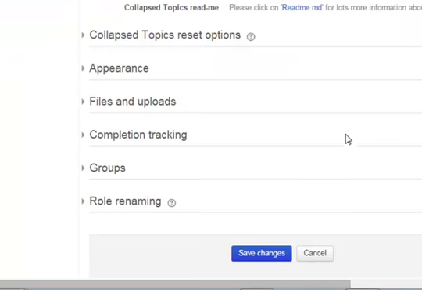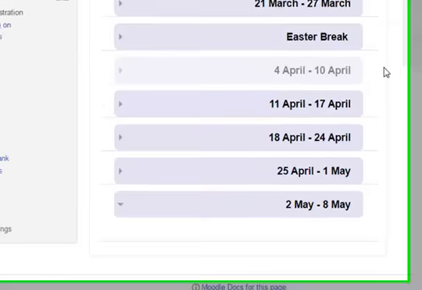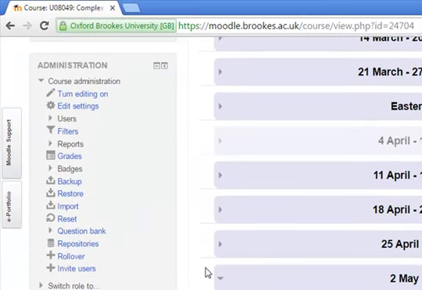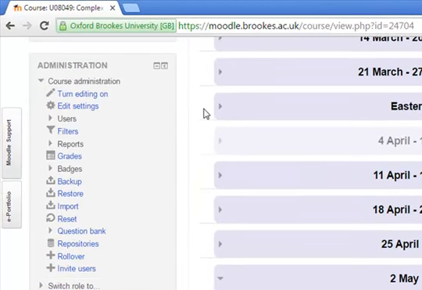Then if you scroll to the bottom and Save Changes, you'll see that we have no weeks displayed. We also don't have section numbers displayed, but I think they're just confusing anyway in this instance because they won't represent the week numbers. So the only additional enhancement that you could make if you wish is to actually state the week numbers in each of your sections. Well, the way you go about doing that is to turn editing back on,